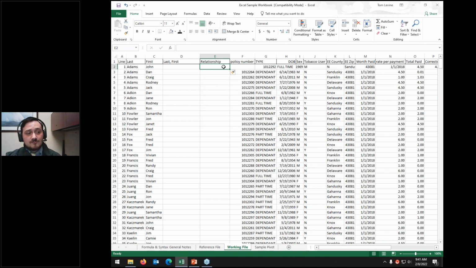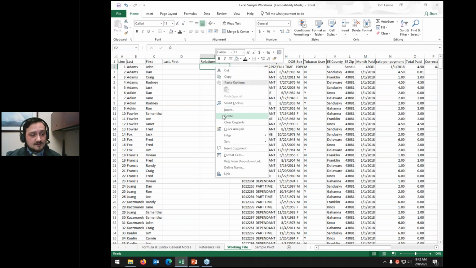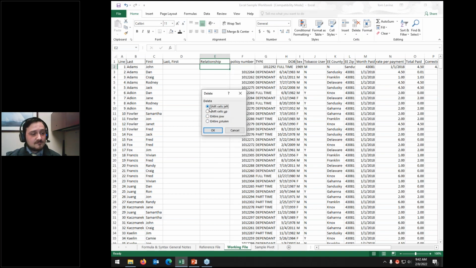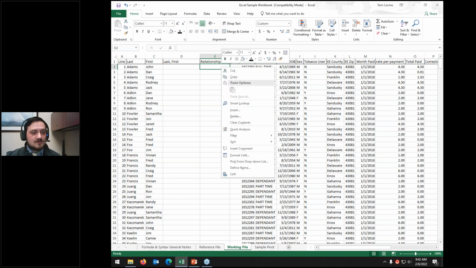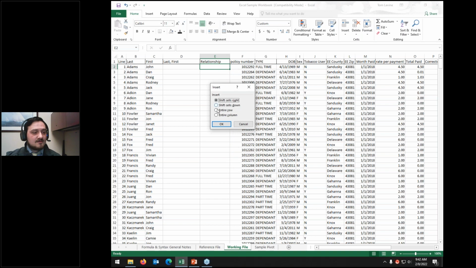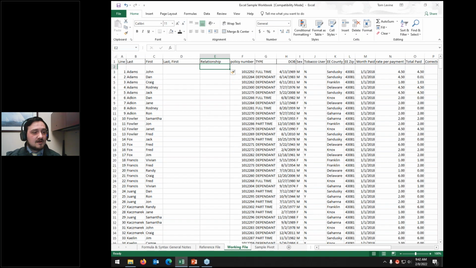And those are with reference to the cell that's selected. So if I right click and hit delete on this and shift cells left, the cells to the right of the cell I just deleted move left. If I were to right click, go to insert, and then say an entire row, then it inserts that entire row on the row I have selected and moves the rest of that information, including what was on that row,